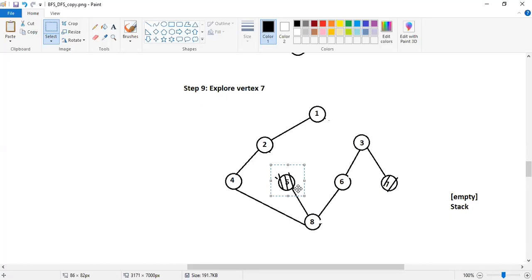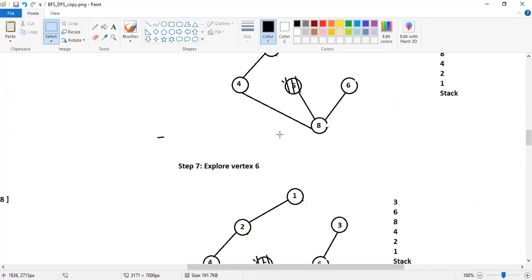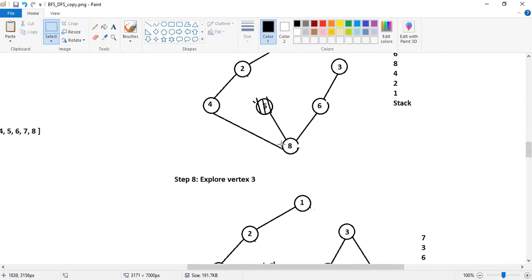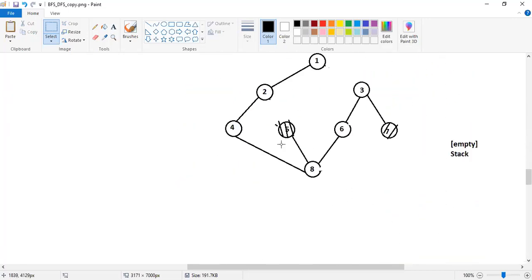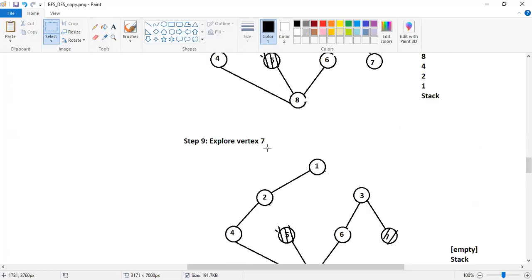Understood? Yes? Here we need to write one more statement after this exploration of step number 7, like we have done in this step. We can just mention that after exploring step number 7, 7 is already visited, so it is explored, it is a dead end. Then we start popping the elements in such a way that we will come to a situation when the stack becomes empty. Right?